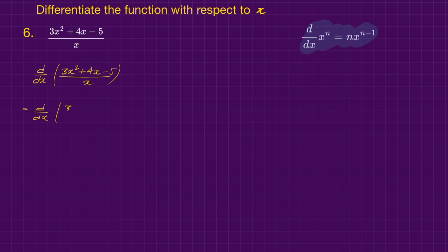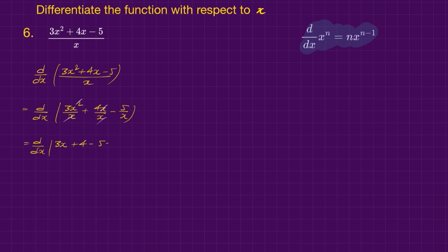So it will be 3x squared over x plus 4x over x minus 5 over x. So here this square and this x will get cancelled. So here it will be d/dx of 3x plus, x and x also get cancelled, plus 4 minus 5